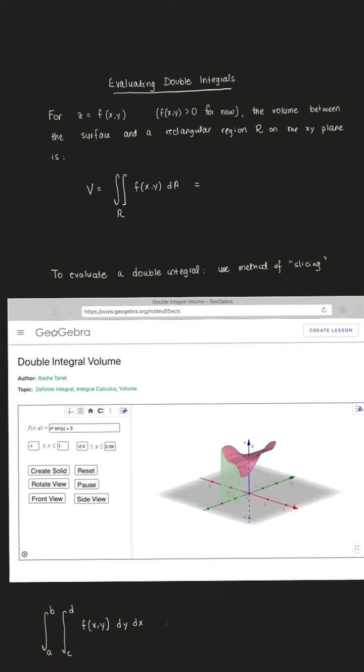Okay, now that we have defined a double integral to find the volume between a surface and a rectangular region R on the xy plane, we're going to think about how we might evaluate these integrals. So, we saw in our first video for this chapter that the double integral over a rectangular region for f of x, y, dA gives us the volume, and we can write this as the integral from a to b,